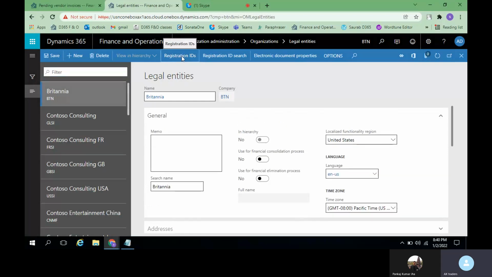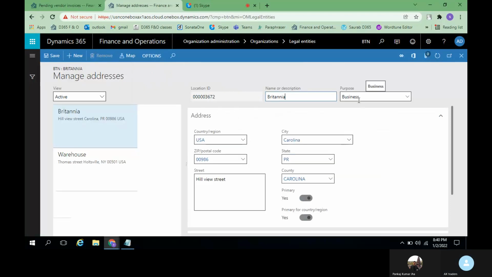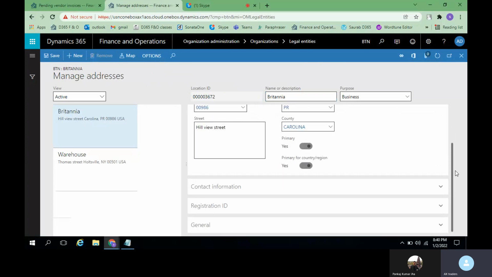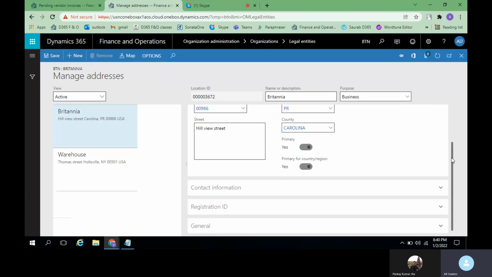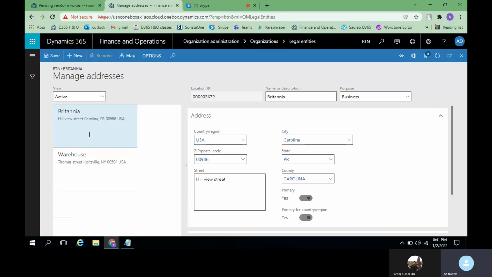We'll see what these registration IDs are. If you click on registration IDs, we can see address. Even though we have entered all these details in the address header itself, you have a few additional features like active, history, future.